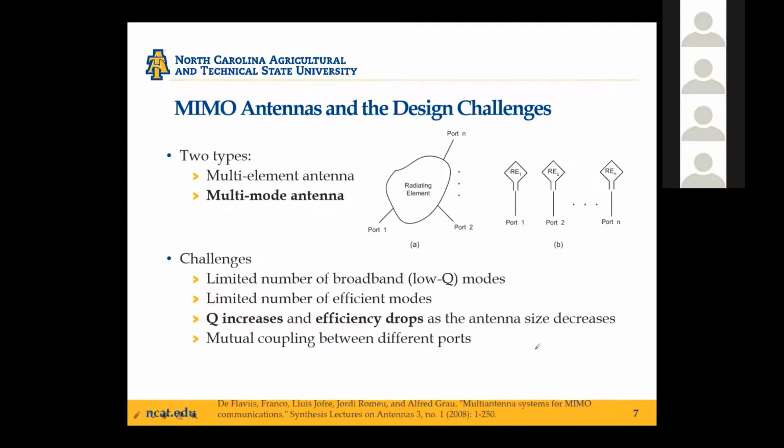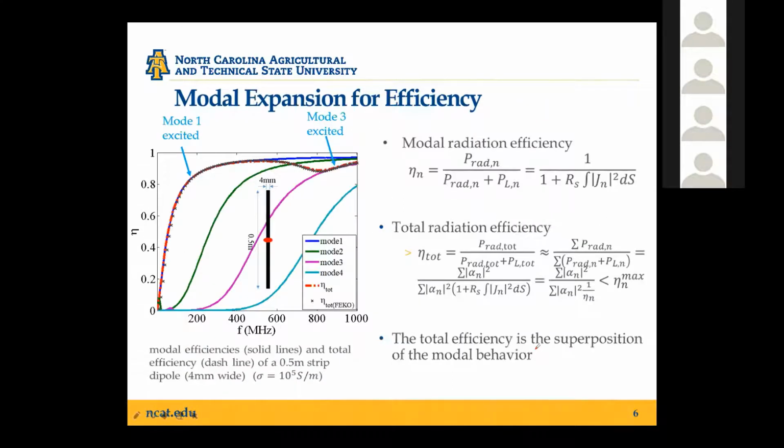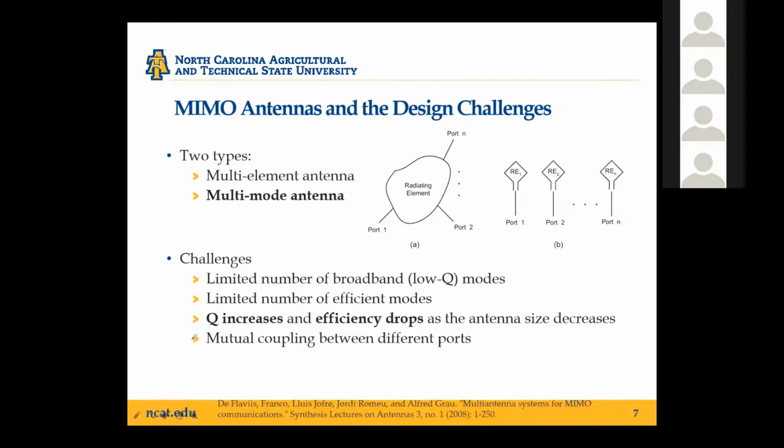Another challenge, of course, is also on the efficiency side. You have a limited number of modes that are efficient in terms of radiation. For example, if you pick a frequency, you can see that only a limited number of modes have a reasonable radiation efficiency, whereas for high order modes, the efficiency tends to degrade. And of course, if your operating frequency reduces, the efficiency drops as well. So literally, you have a very limited number of broadband modes and efficient modes on a given structure, especially